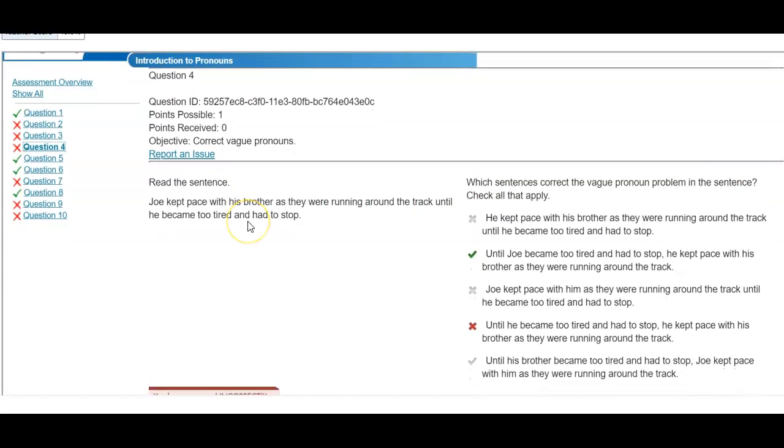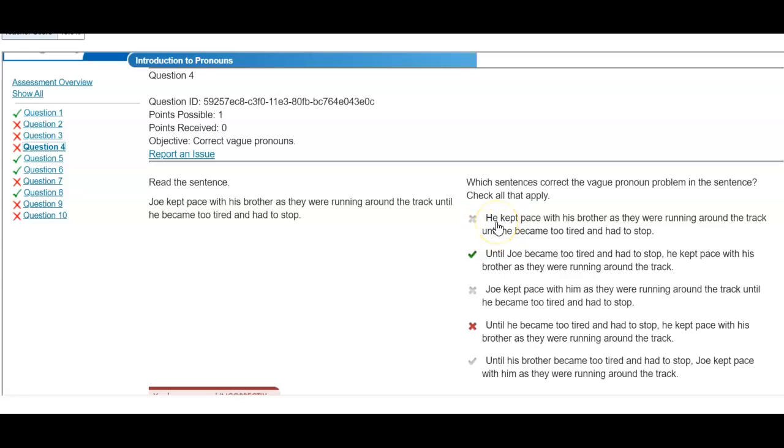Joe kept pace with his brother as they were running around the track until he became too tired and had to stop. Vague pronouns, that means that a pronoun can replace a noun. So you use he, she, but if it's vague, it's hard to understand what noun you're talking about or which noun that pronoun is replacing. Okay? So this says, which sentences correct the vague pronoun problem in the sentence? So which ones are correct? Which ones don't have vague pronoun issues? Let's look at